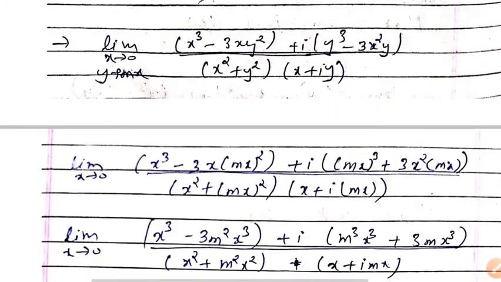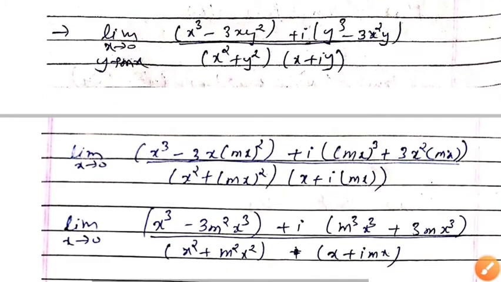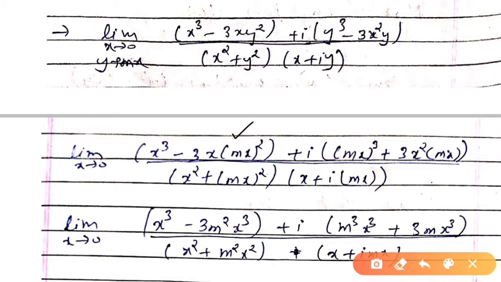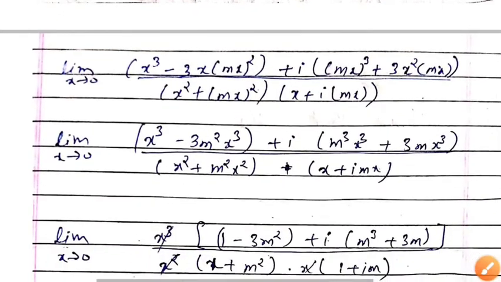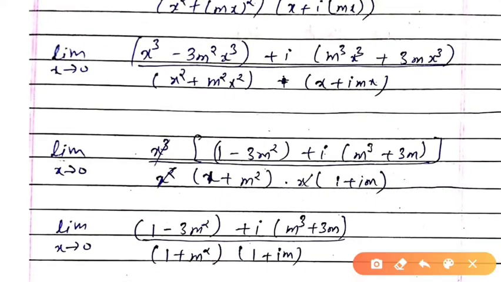So step 3 was limit x tends to 0 and y tends to mx. First you will put y equal to mx. You have to put y equal to mx in every term. See, here I have substituted y equal to mx in each and every term. Okay, now I am simplifying it. See, this whole term can be written as 3m square x cube, this can be written as m cube x cube, and this can be written as mx cube. Okay, now what I will do is take x common. See, from every term we can take x cube common. So here I have taken x cube common.